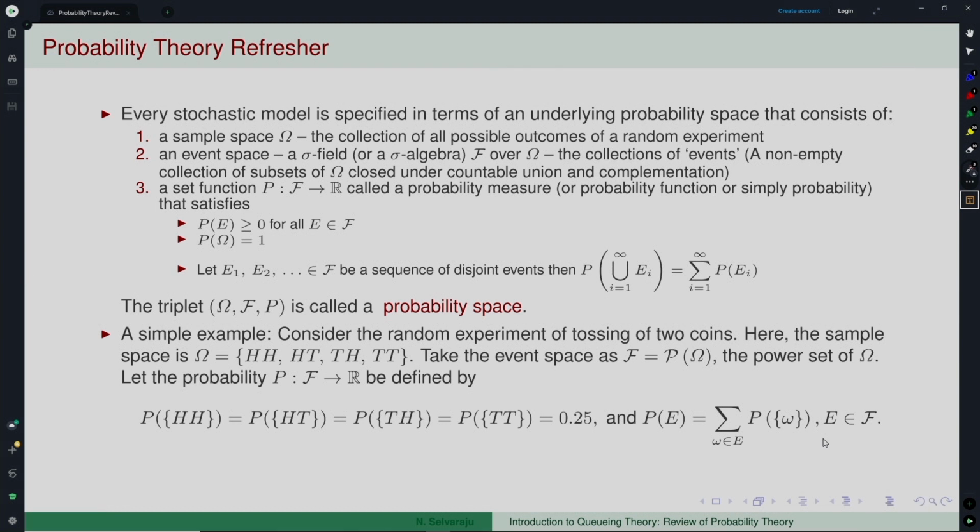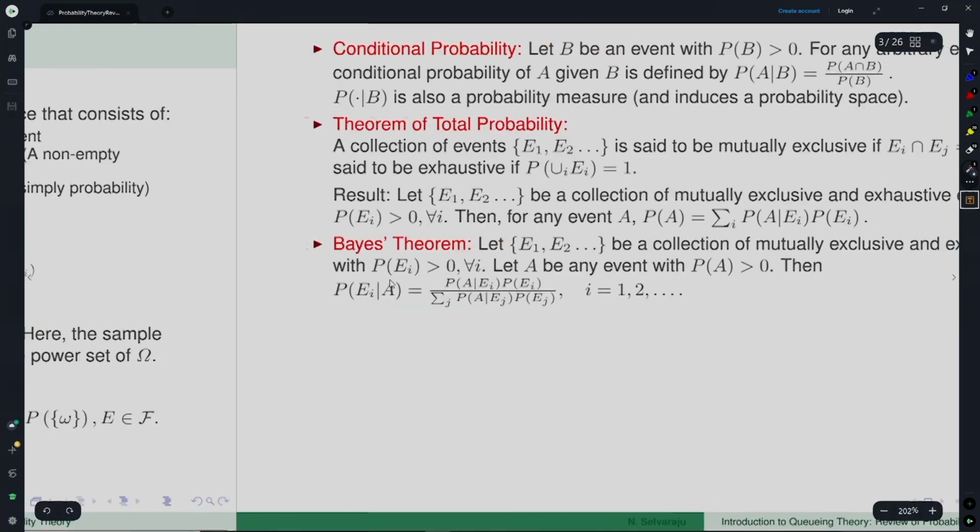Of course, the specification of this sigma field is what is important here, and on top of it the probability. So, if you change F, then you will also change P, or even if you keep F, you can define P in different ways. So, you get different probability spaces. So, there is always a probability space underlying every stochastic model.